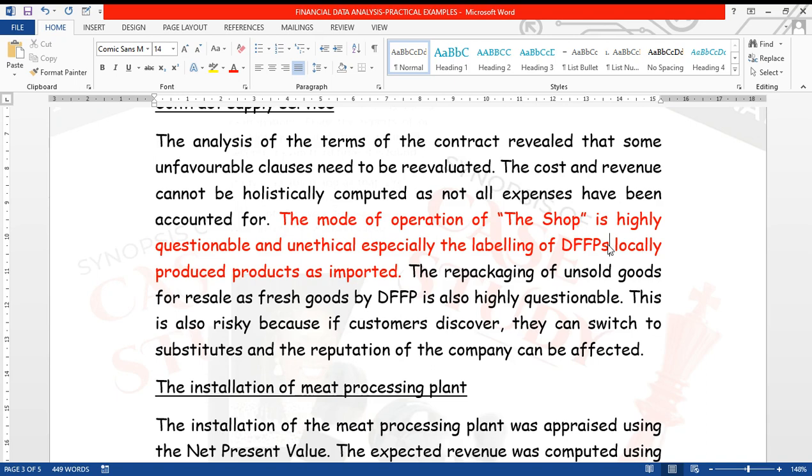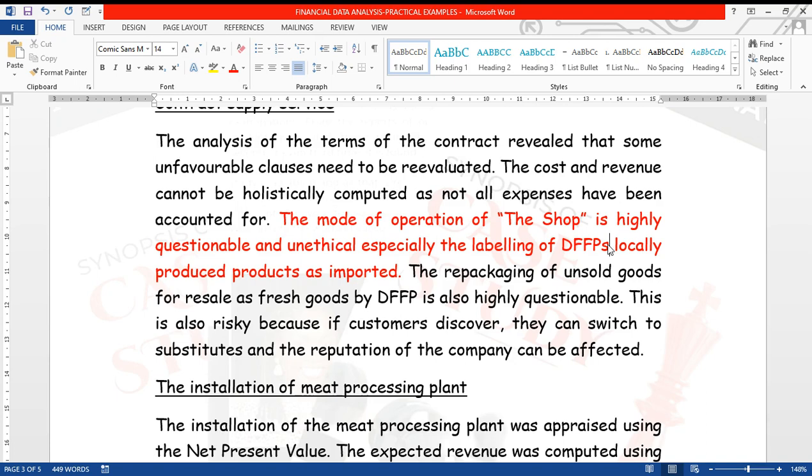We're told to look at the unethical considerations, unethical behaviors, commercial risk and all of that. So this is highly questionable and unethical, because why would they package bread you produced in Nigeria and say it was made in India? That's totally unethical, right? Why would they do something like that? They're deceiving people, and it's against